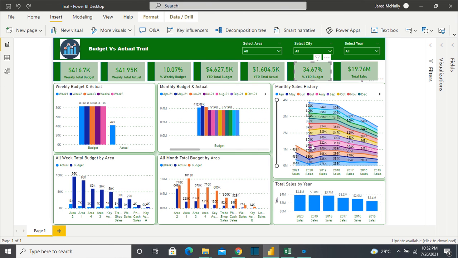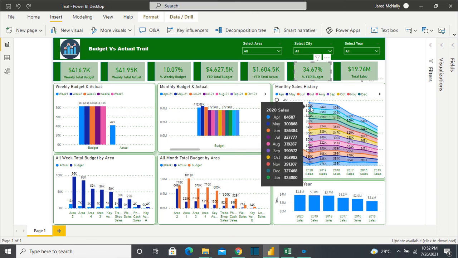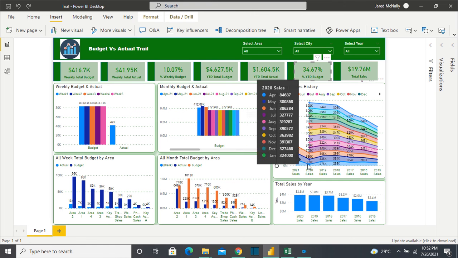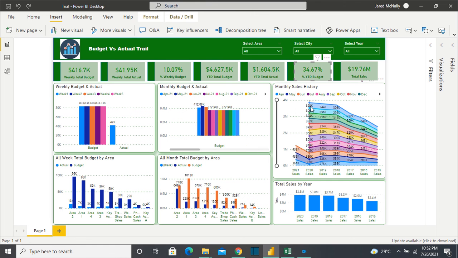So this graph is displaying the accumulated monthly sale. Like for 2021, the total sale is around 1.1 million dollars, and for 2020 the total sale is less than 4 million, around 3.8 or 3.9 million dollars.